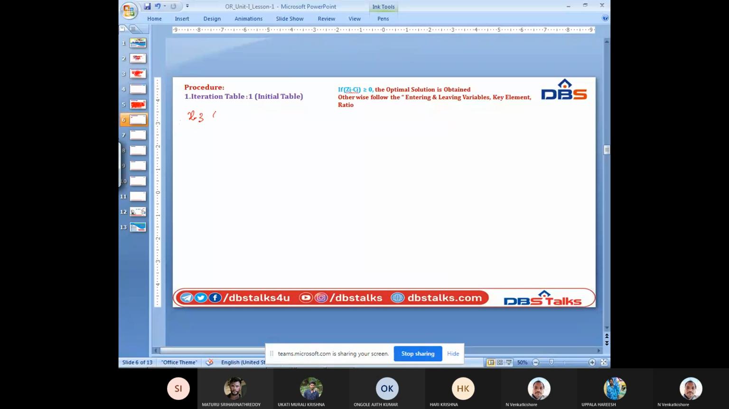X3 is entering and S2 is leaving. So that we have to mention it clearly. X3 is entering and S2 is leaving. So while X3 is entering and S2 is leaving,